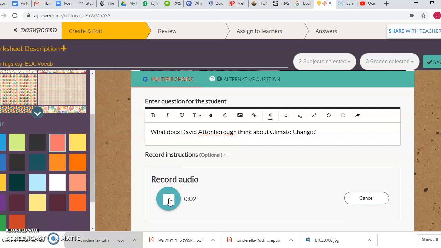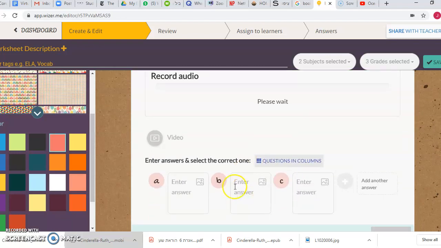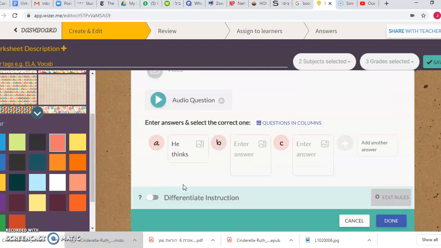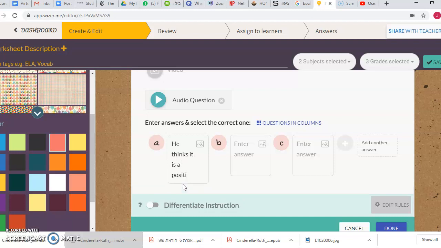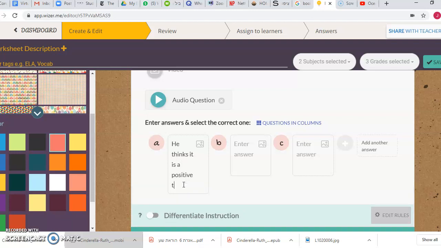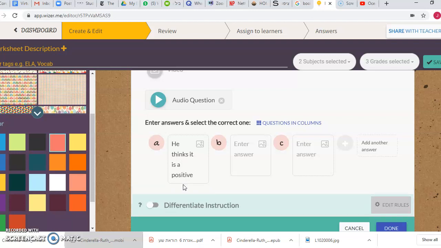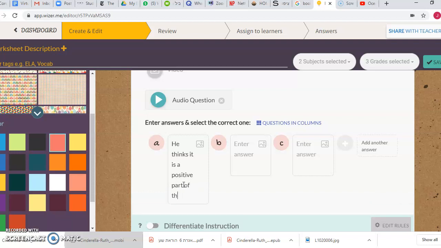What does David Attenborough think about climate change? This is really cool. And then the different answers. He thinks it is a positive part of the world. Enter answer. He believes